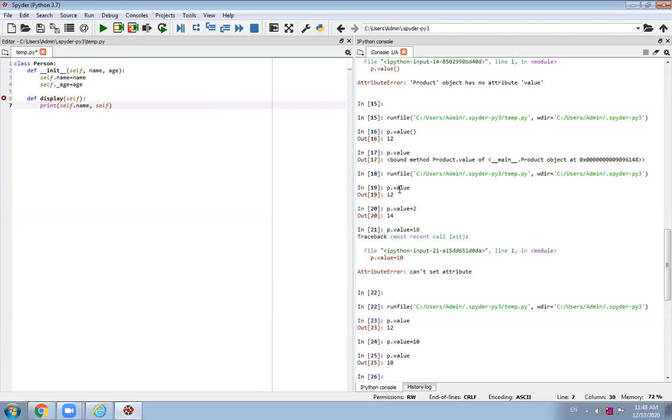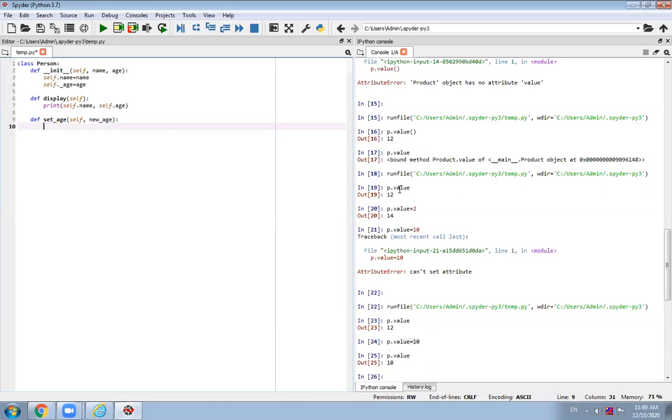This is another method that I have created, a display method. In the last program I haven't used that method, but here we are writing set age. In this program, we are allowing the client to set the age, right?